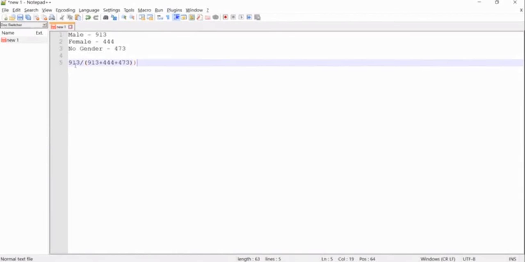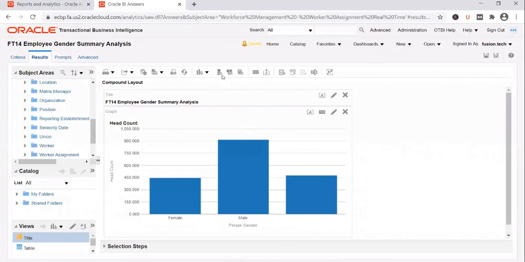And we have to multiply this whole figure by 100, or you can put it in the numerator directly here. This is how you convert 913 into a percentage of males. So I want to write this formula and add it as a new attribute so that I can use it in the graph. How do I do it?